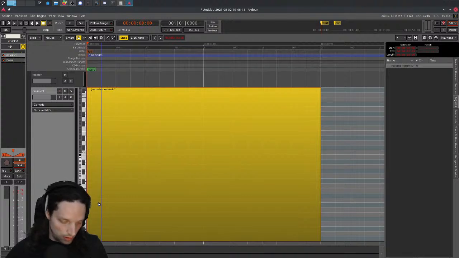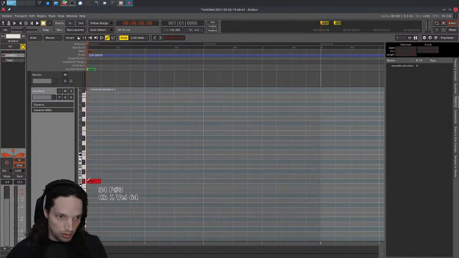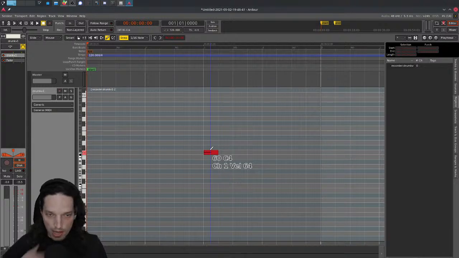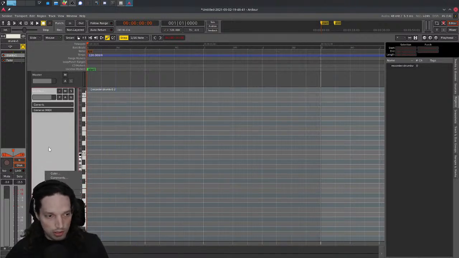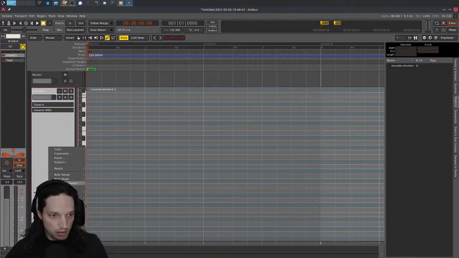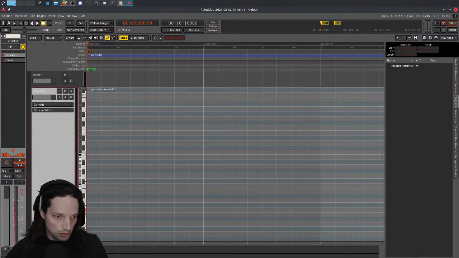Cool. So I'll go back into the draw mode, and you notice that we have some notes here that are 16th note. You could change that if you want to 8th note, and it'll by default make an 8th note. I'm going to change the snapping back to 16th. But I'm also going to change this to percussive. So if I right click and go into note mode, change that from standard to percussive,